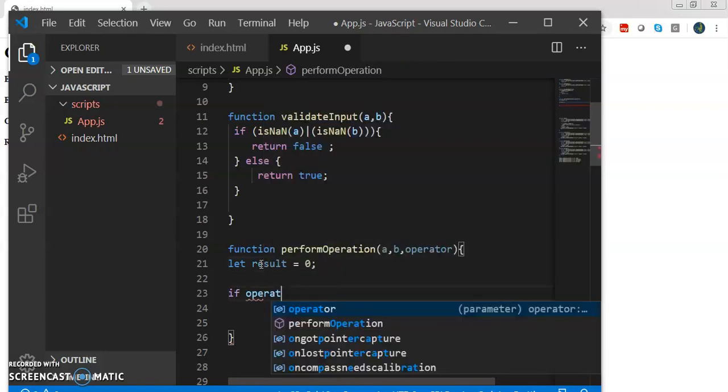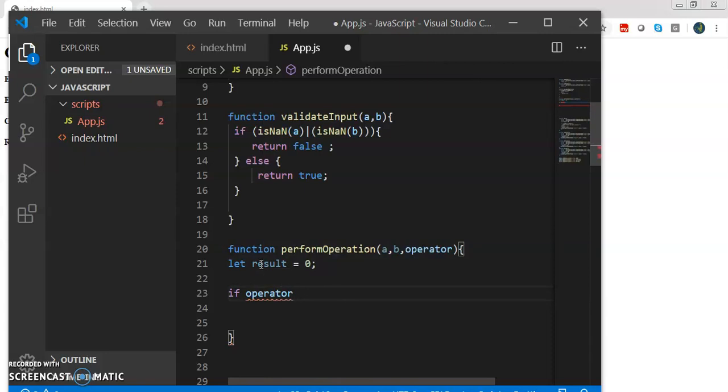The condition is: if operator is equal to plus. These are three equal signs, which is for comparing the value.